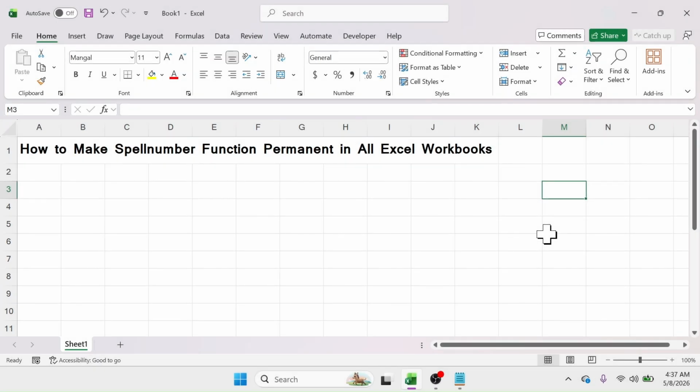Today's topic is how to make the spell number function permanent in all Excel workbooks. As you know, there is no inbuilt function to convert numbers to spelling in Excel. We need to create the spell number function by using VBA code. The problem is that the function is available only in the existing workbook where you created it. When you open other workbooks, the function will not be available. So in this tutorial, I'll show you how you can make the spell number function permanent across all Excel